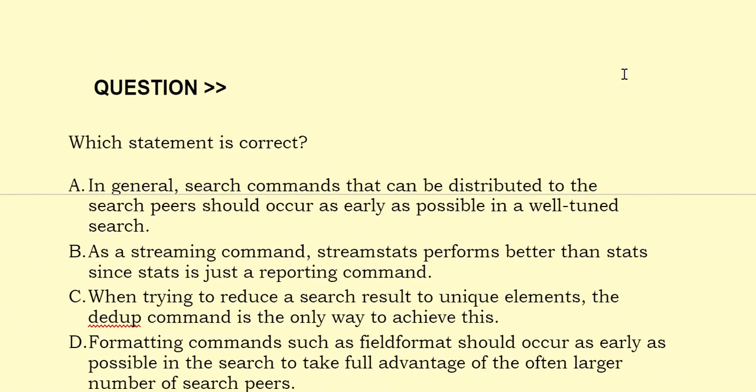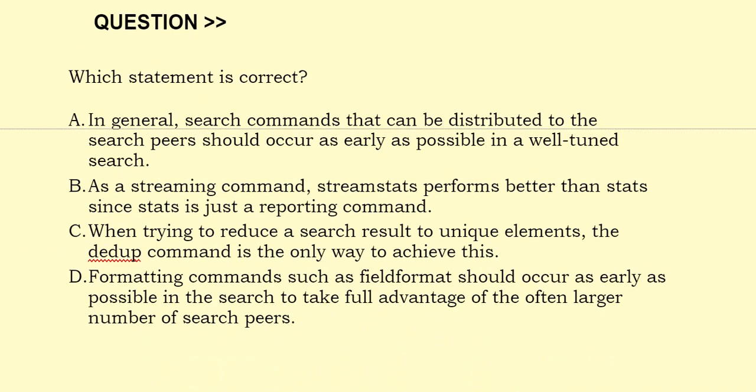The correct answer is option A. Our next question is, which statement is correct? Option A, in general, search commands that can be distributed to the search peers should occur as early as possible in a well-tuned search. Option B,